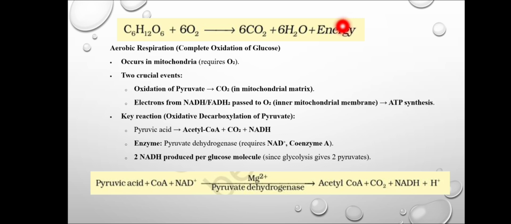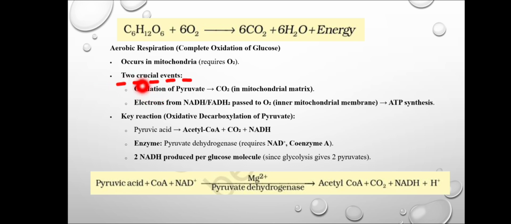So now the main character of aerobic respiration is that the substrate, that is glucose, is finally broken down into CO2 and H2O. So this is called the complete oxidation of glucose. This aerobic respiration requires mitochondria also. So the glycolysis part takes place in the cytoplasm, and then the aerobic step will take place in the